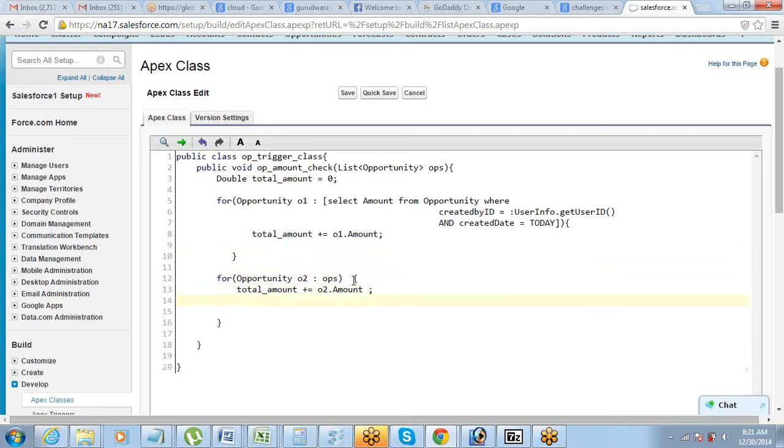Here I want to do my logic. So, after summing it up, if it finds that total amount has become greater than 500,000, then I wanted to throw an error.